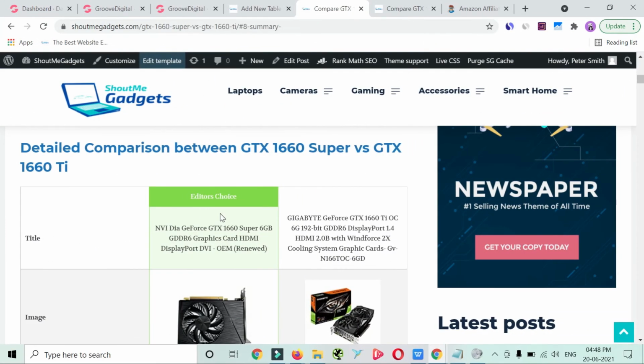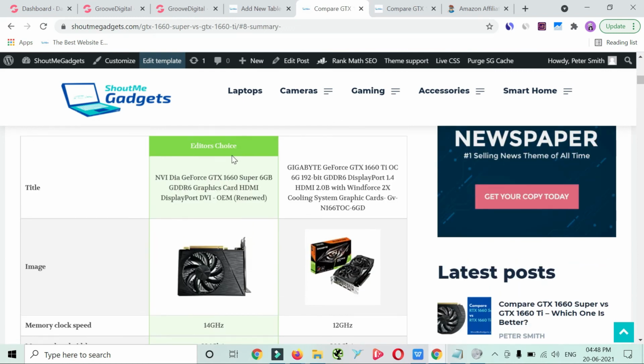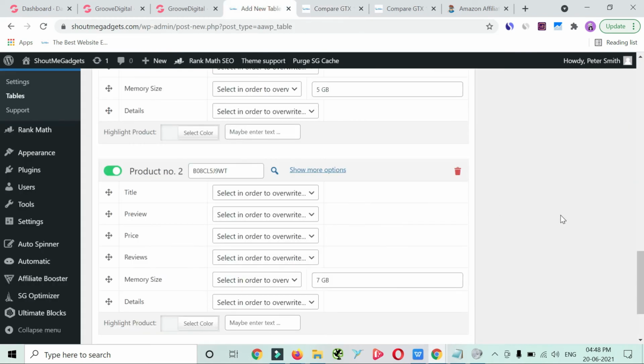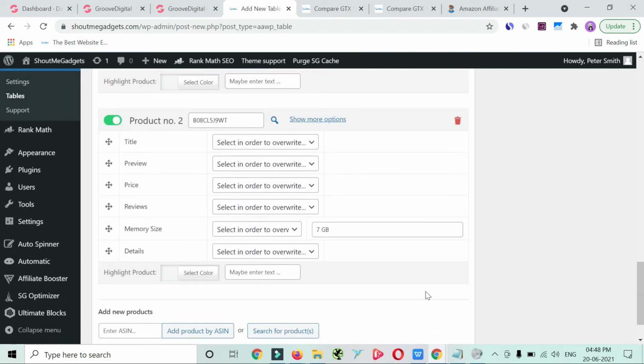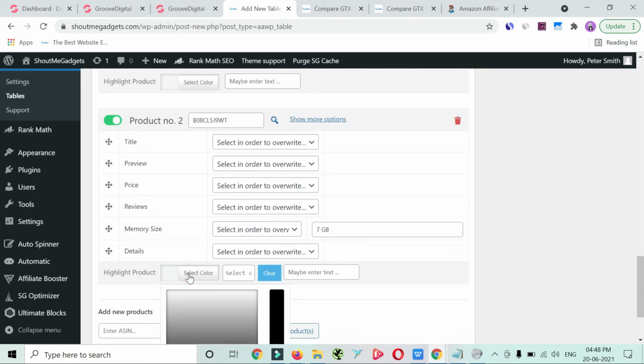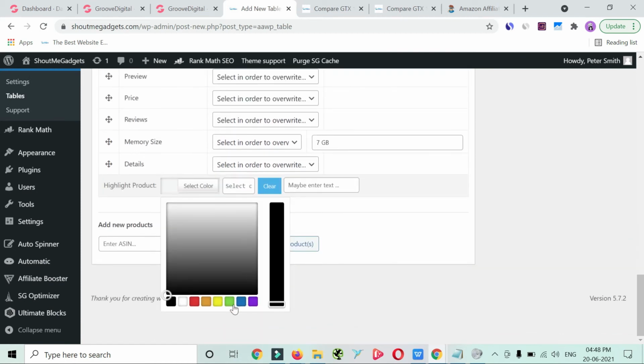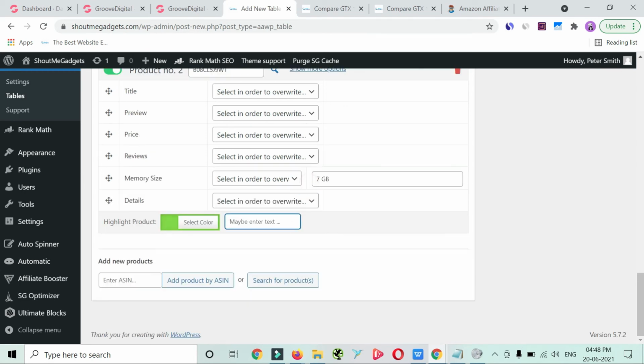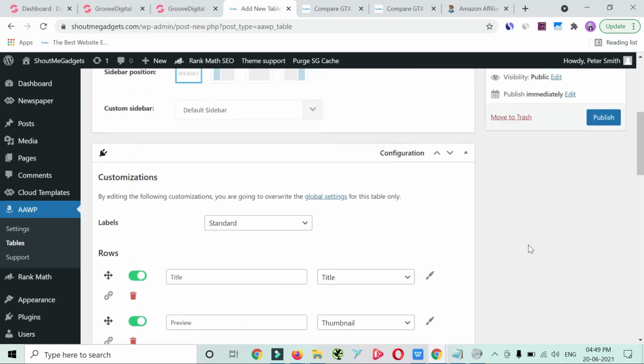For example, you want to show your table with an editor choice as a recommended option for your product. You can do this by clicking on the particular product that you want to highlight and clicking on the color that you want to use for that product. Once you select the color, just enter the value that you want to show for that product, for example best choice product, affordable choice. I am going to enter editor choice.